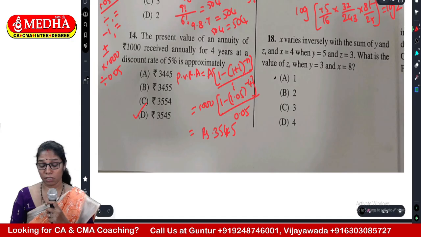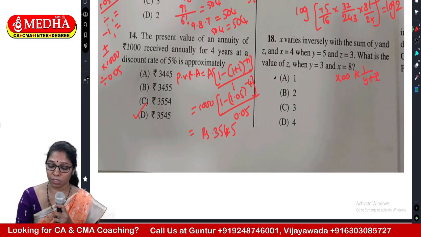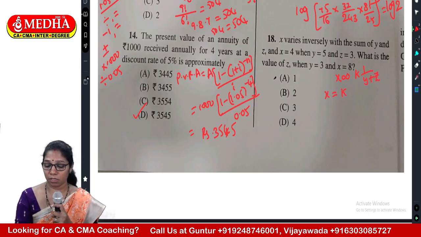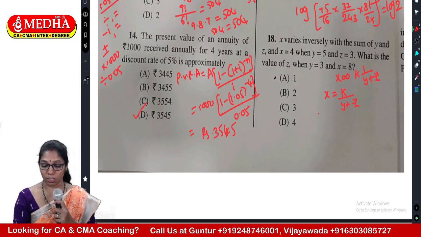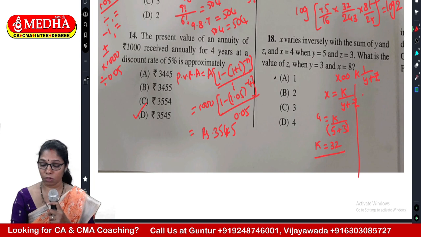Next, x varies inversely with the sum of y and z. Inversely, so x is inversely proportional to, that is k of 1 by y plus z, this is the given condition. So x is equal to k by y plus z. The x value 4 is given and k by y is 5 plus 3, 5 plus 3 is 8. Finally k is equal to 8 4s 32. The k value is 32. But the question asked is, that is x is equal to 32 by y plus z